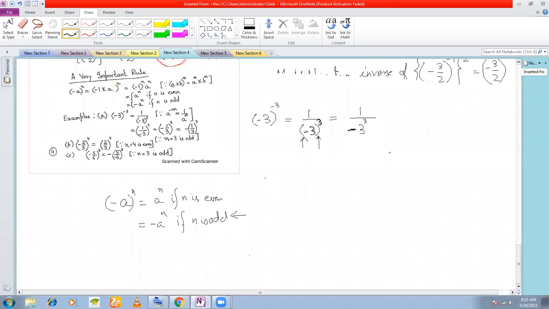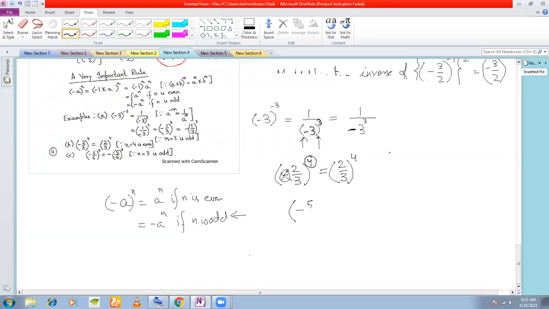Okay. Let us see in the case of an even power. Let us say I have minus 2 by 3 to the power of 4. Then in this case, what can I say? See, this power is even here, 4. If this power is even, then definitely this negative sign can vanish. I can remove this negative sign and I can simply write this as 2/3 to the power of 4. Okay. Remember this rule.